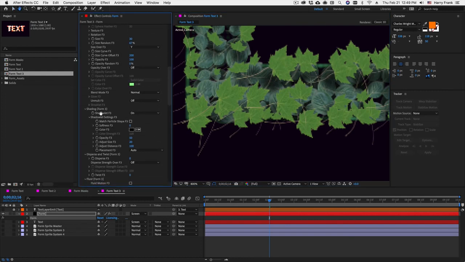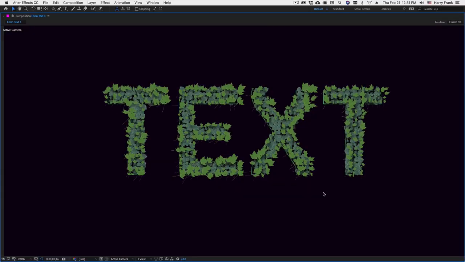So in the shadowlet settings, we have this match particle shape. And if I check this, it's going to take on the shape of the source particle, resulting in a much more realistic look. So that is what is new in